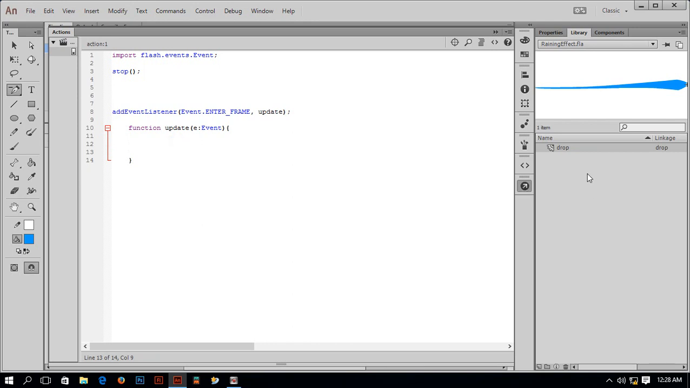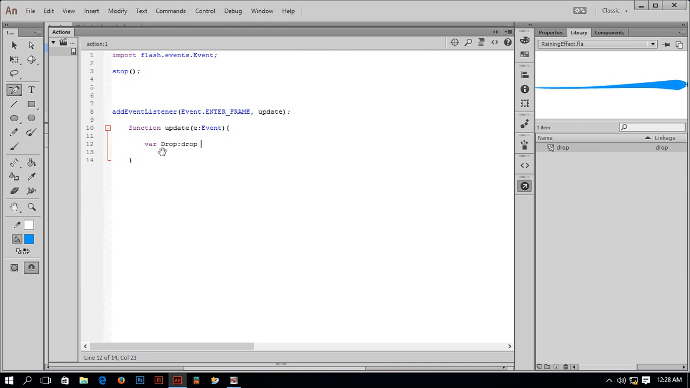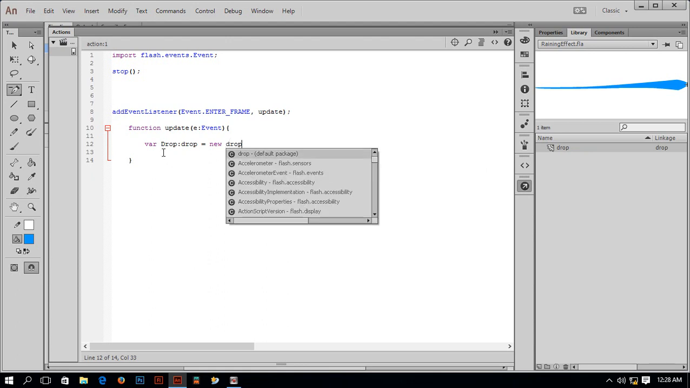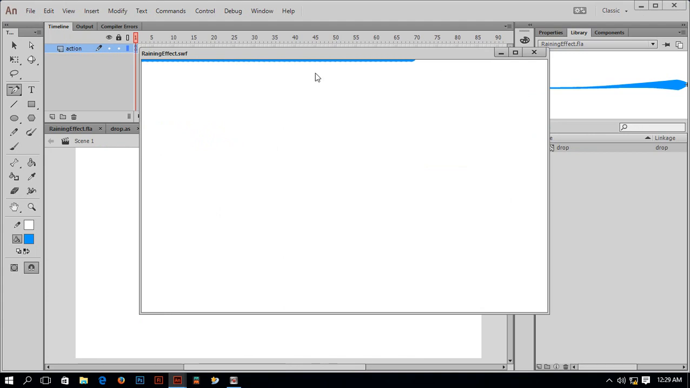Now I'll import my drop inside this event listener. So type var drop, and its class is Drop, equal to new Drop, addChild(drop). My drop has been added on the stage. If I test it now, see, yeah, drops are over,